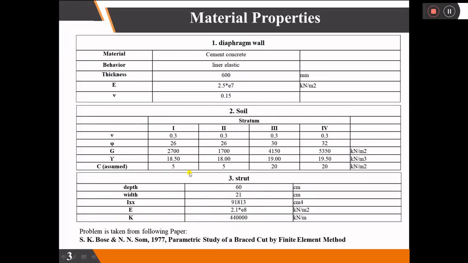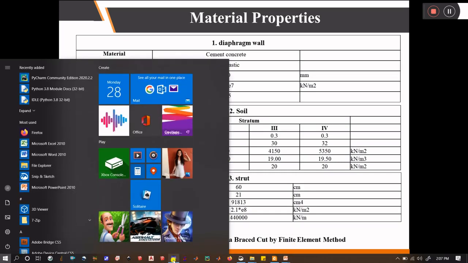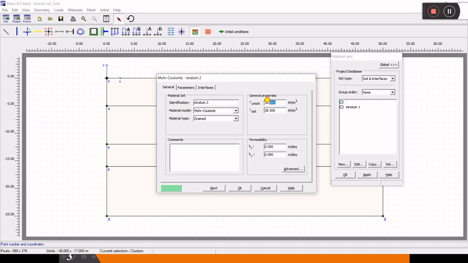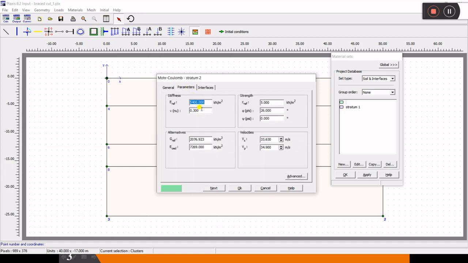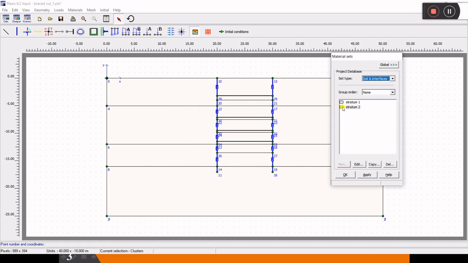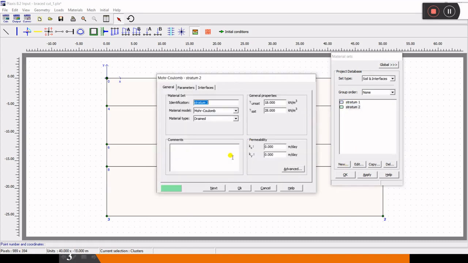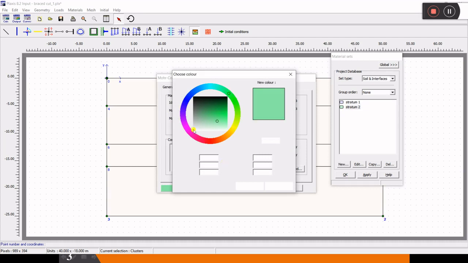The unit weight for the second stratum is 18, so it will be 28.0, and parameter G is 2700 I think, and 0.3, 26, 5. Okay, the second stratum is created. Let me change the color for this one.